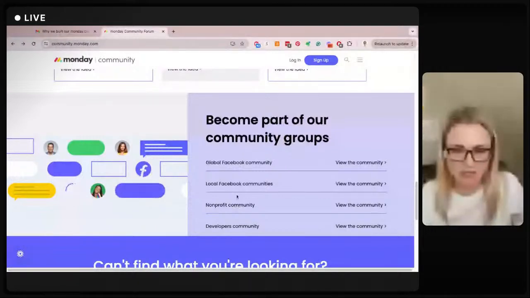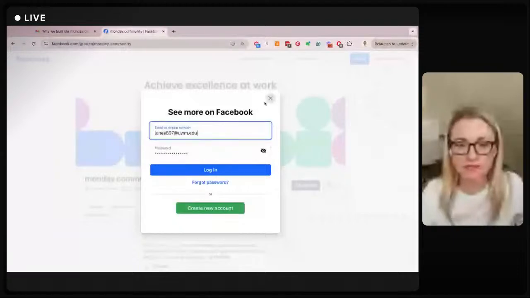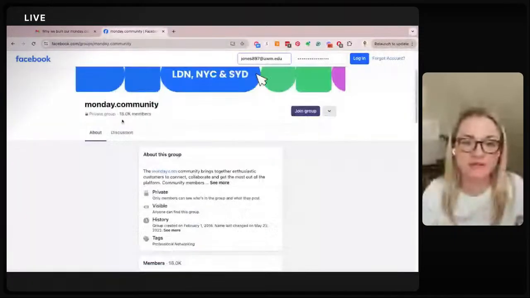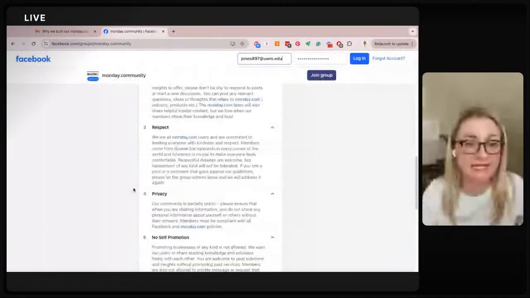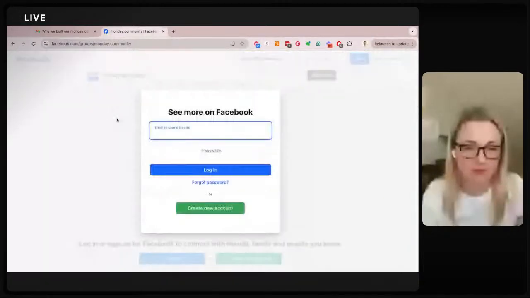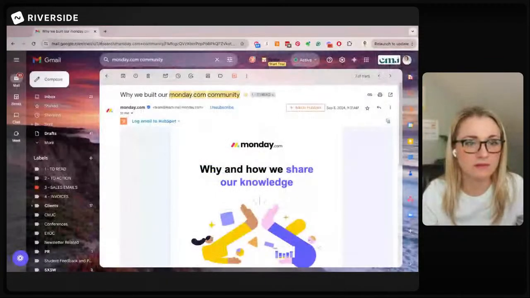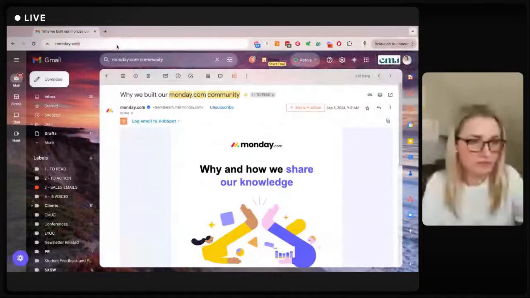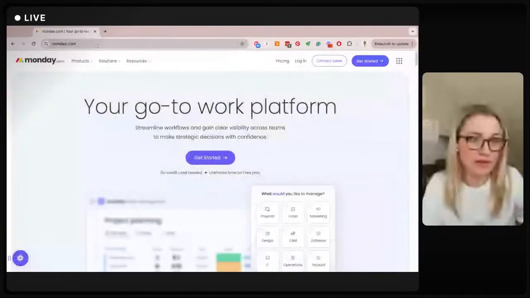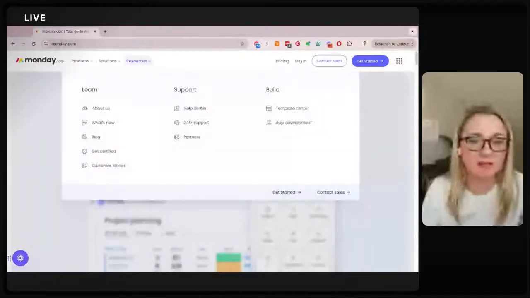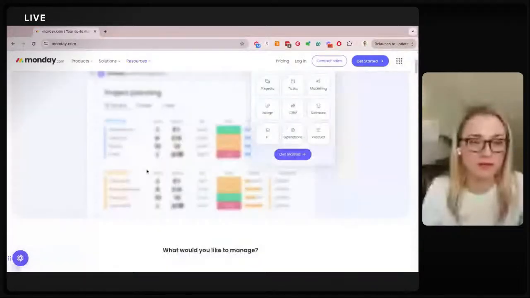So it's really common for, so yeah, I'd have to actually log into Facebook here, but you can see they have 18,000 members on Facebook. I'm not part of the group right now, so I couldn't probably log in. I'm assuming it's a lot of product. Oh no, I lost the page. It's probably a lot of product feedback and bugs and all kinds of other fun stuff. Let's see if I can find the community this way. Nope, no community on your Monday.com homepage.